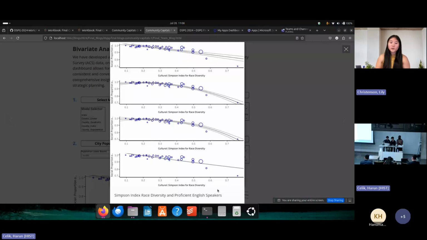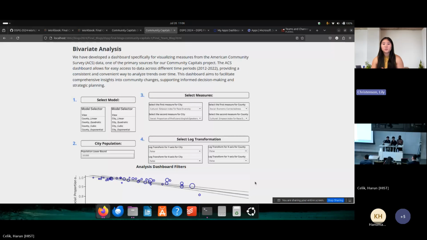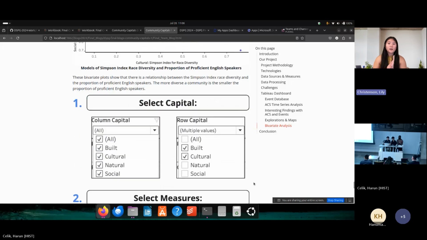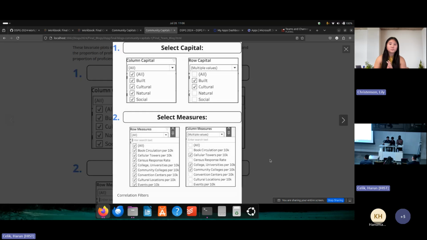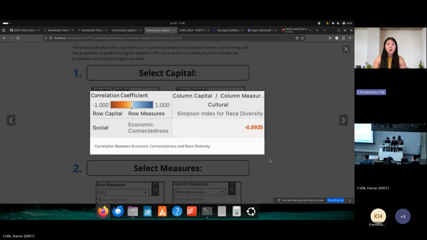And a community that is more diverse could have maybe more native language instead of people speaking English. And then lastly, in the dashboard, we have a correlation tab. So in this tab, you can choose to look at certain capital that you might want to choose. So you could choose the row and column capitals, or you could decide to choose certain measures that you might want to look at and put those on the row and column measures, or the row and column of the correlation matrix. So then the next picture is an example of